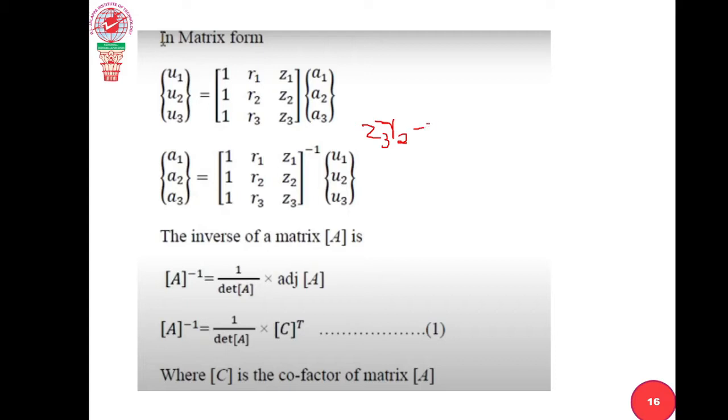Minus Z2 into R3. Correct? Anyway, plus we default if you not written also. That's why I have not written. Okay. Next, what is the next thing? Let me take the second one. This one. You neglect this. What is the next cross multiply? What is that?